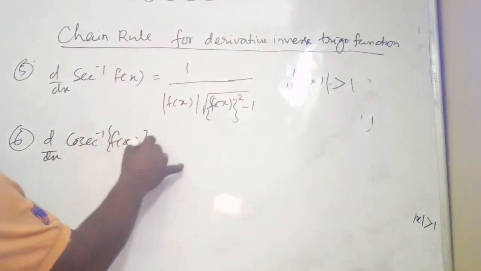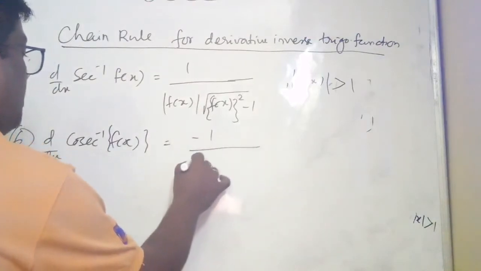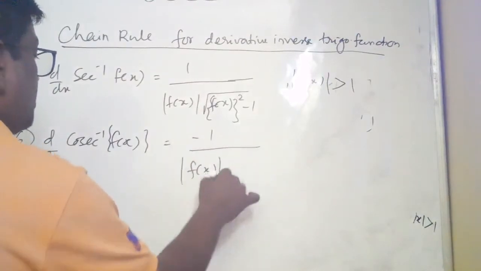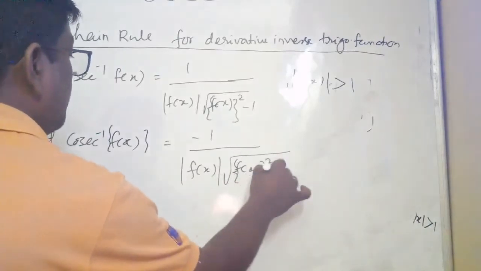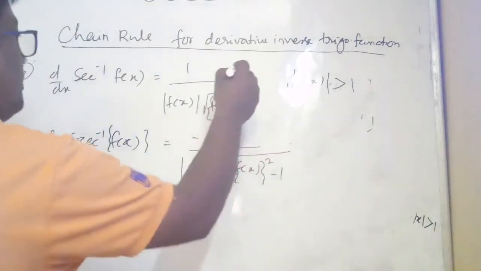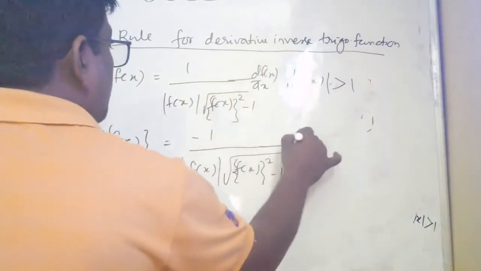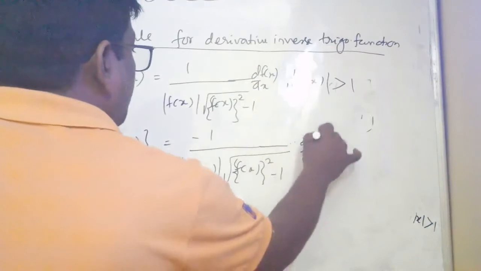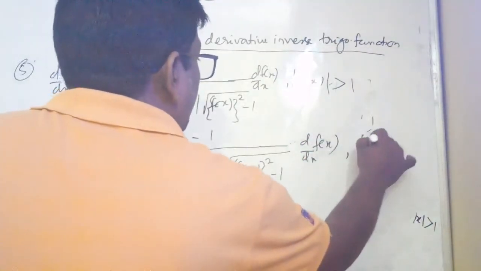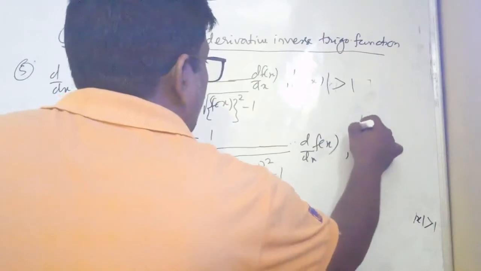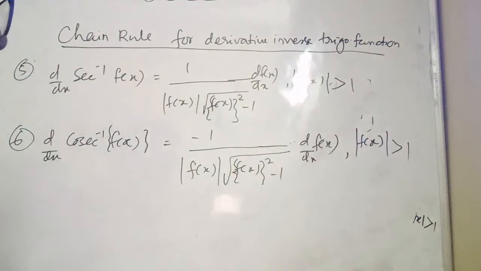So this is equal to what? This is equal to minus 1 by mod of f of x into root over f of x whole square minus 1, into d by dx of f of x. Okay, so here also d by dx of f of x, with mod f of x greater than 1. Okay,